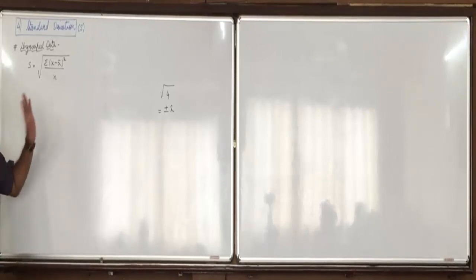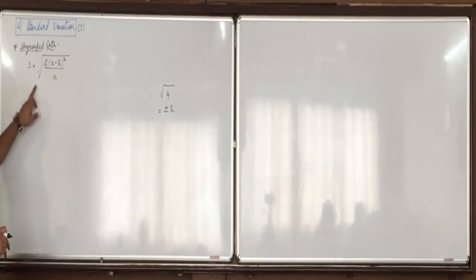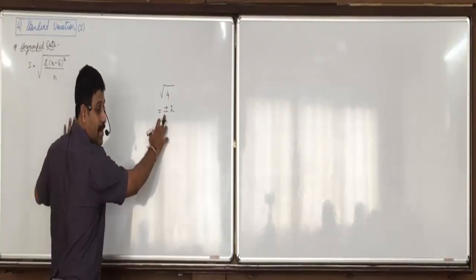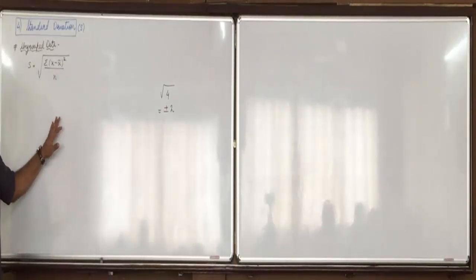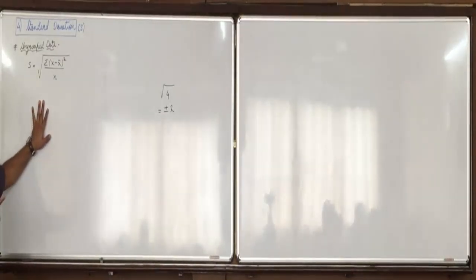But I told you that measure of dispersion is always absolute, never negative. Dispersion means we just want to know how much it is away, how much it is scattered. So there is never negative. Therefore, when we define the standard deviation, we say positive square root, because square root can be positive as well as negative. In the definition, we will specifically mention it as a positive square root. Means whatever final answers we get will always take them positive only.